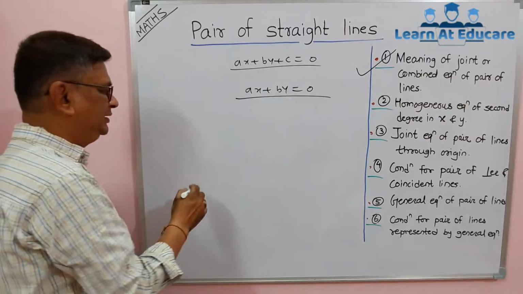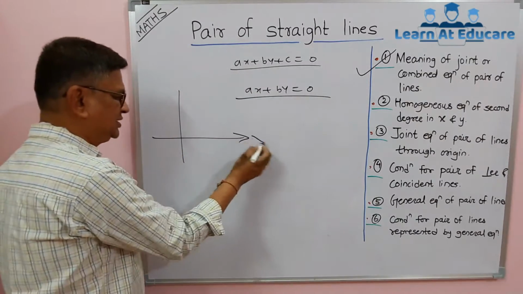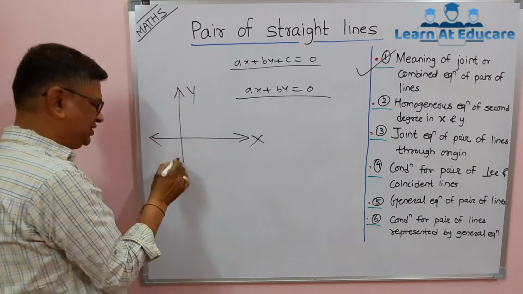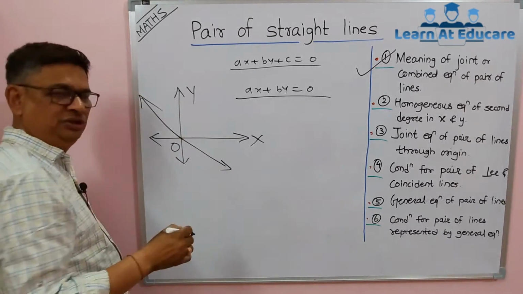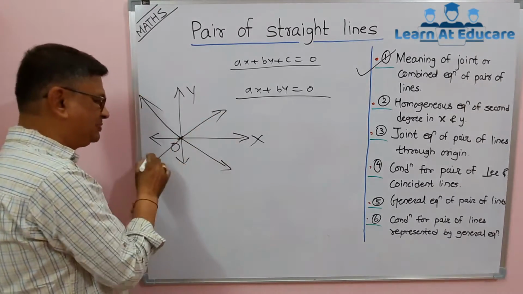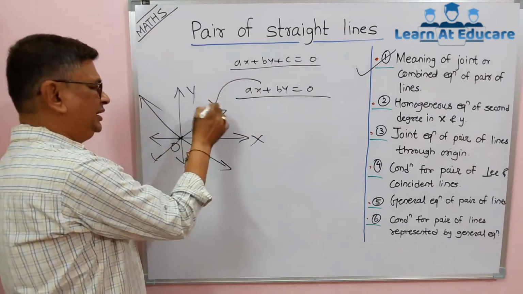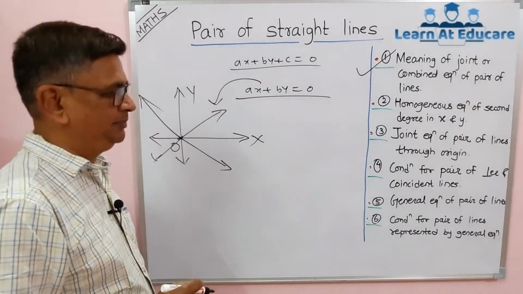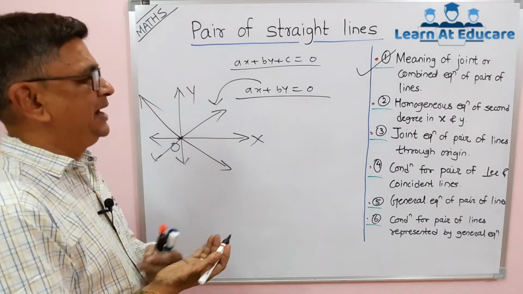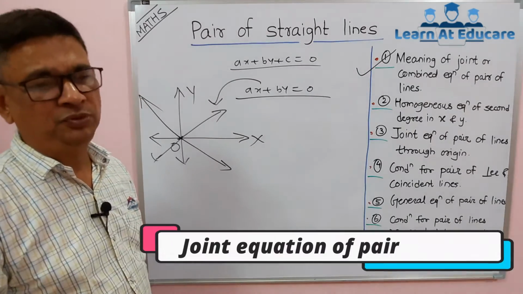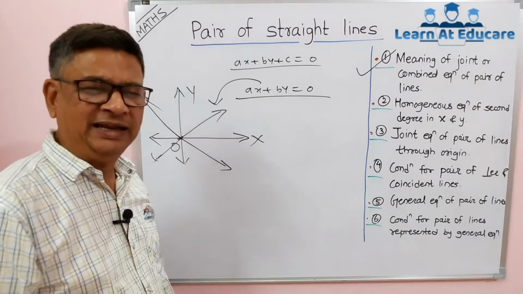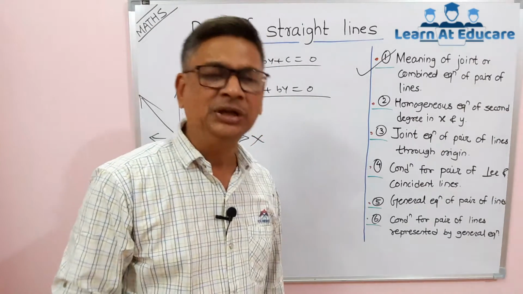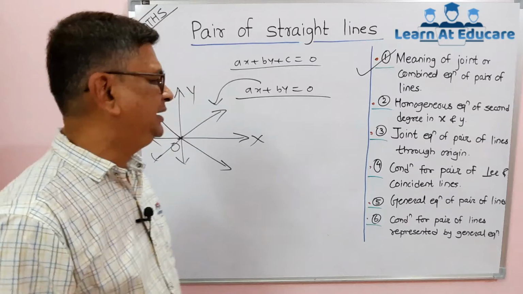So any line that passes through the origin, something like this, is the x-axis, y-axis, this is the origin, and if it is this straight line passing through the origin, there can be infinite lines passing through the origin. They will have an equation of this type. Remember, now what is meant by the joint or combined equation of two lines? If you multiply two equations, respectively their LHS and RHS, then you will get their joint equation.